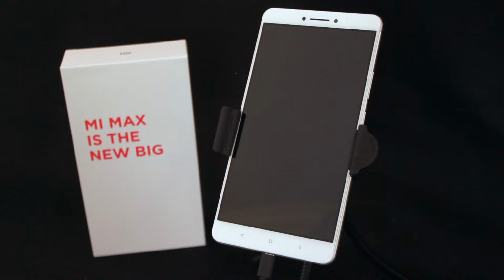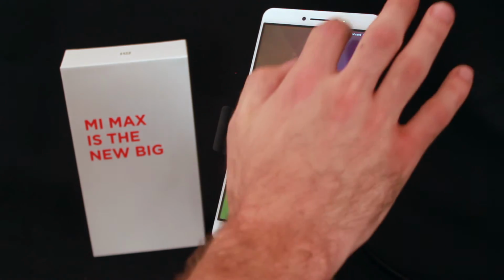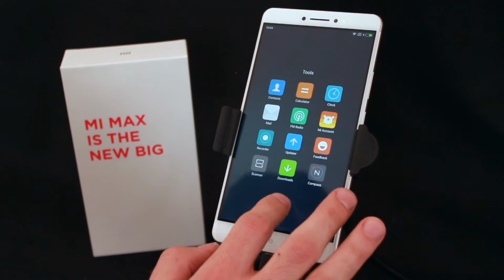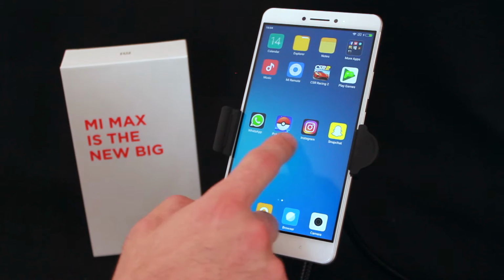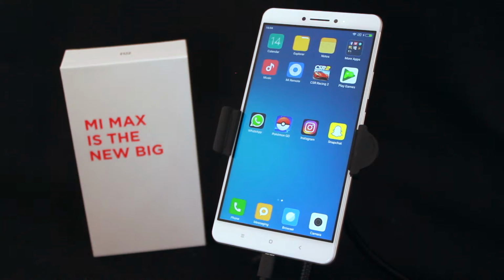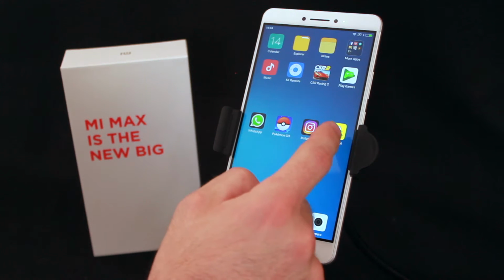And essentially to enable that, all you simply need to do is unlock your device and make sure you download an appropriate app. As you guys can see, I have a few apps loaded up on the screen, such as WhatsApp, Pokemon Go, Instagram, and Snapchat. Now on a generic phone, you would only be able to have one WhatsApp, one Pokemon, one Instagram, one Snapchat